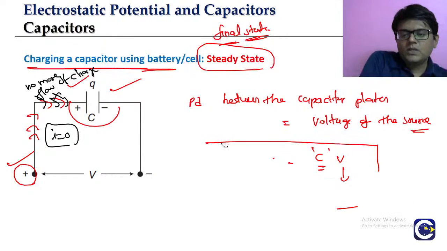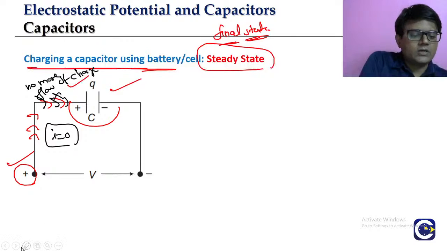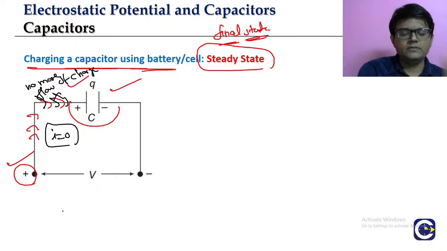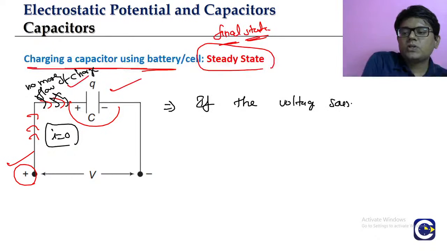Okay? So once you charge the capacitor, we can leave the capacitor like that, by connecting it across that voltage source. We will allow the connection to stay as it is. If you keep it like that, do you know what happens? If the voltage source is kept connected to the capacitor,